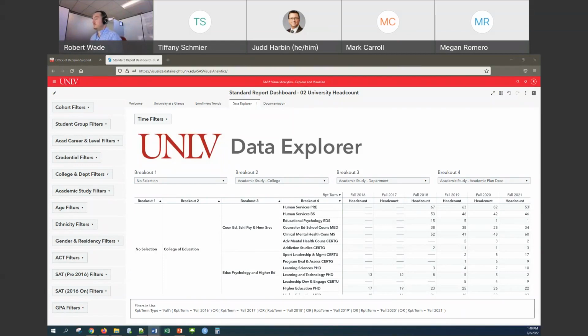I have one question. Okay. When you showed us the dashboard with the athlete, if they had 2 majors, are they counted twice or just their primary major? Great question. So all the head counts that you'll see in these dashboards, or really all the counts that you'll see, are distinct counts. So if, for instance, I'm